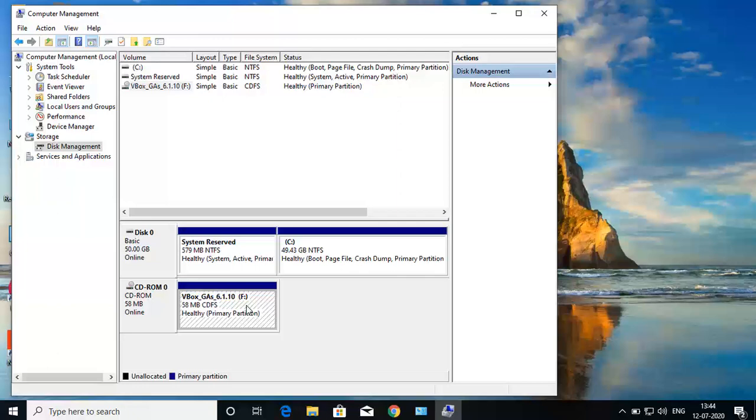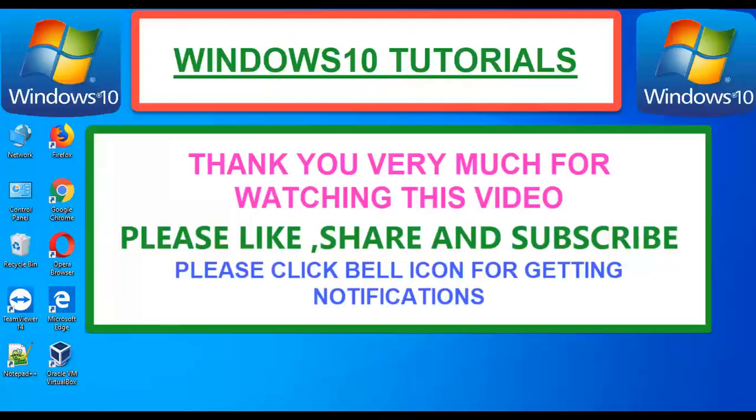In this case C drive has our operating system installed, so other than that, any partition can be renamed and assigned a new drive letter. So this is the complete process of how to create a partition on a Windows 10 hard drive, and the same method can be used to partition a Windows 7 PC also.